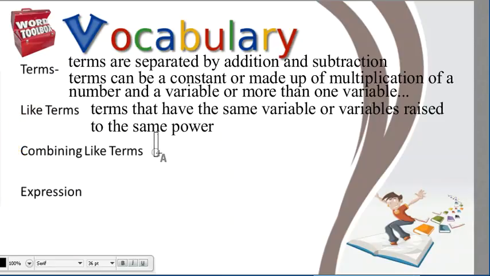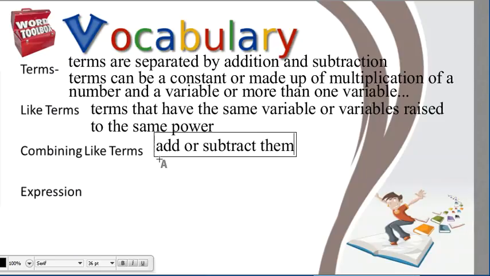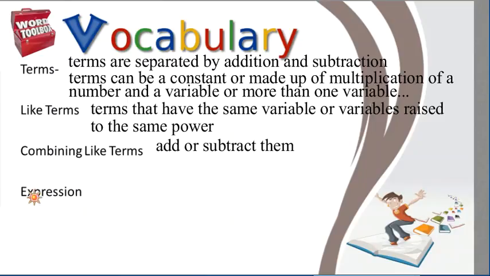That means that you can add or subtract them. Okay, that's what combine means. If they are not like terms, you cannot combine them. Okay, so when you are dealing with an expression and simplifying an expression, you can only combine things that are